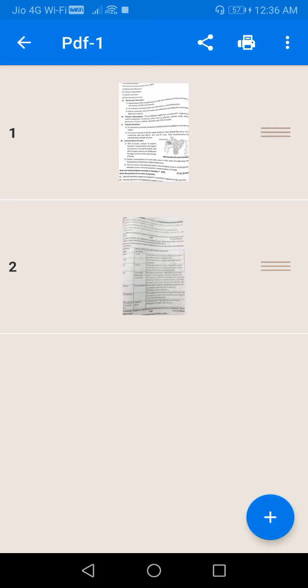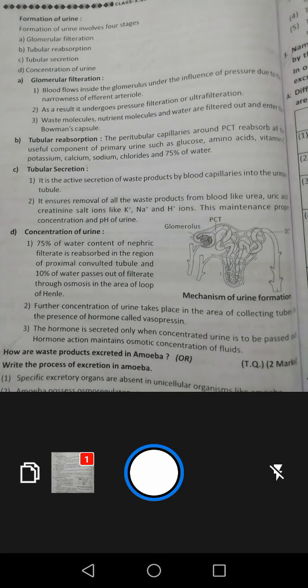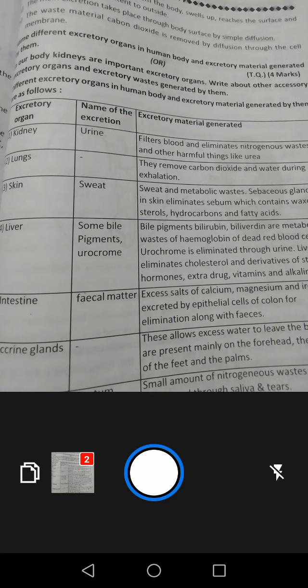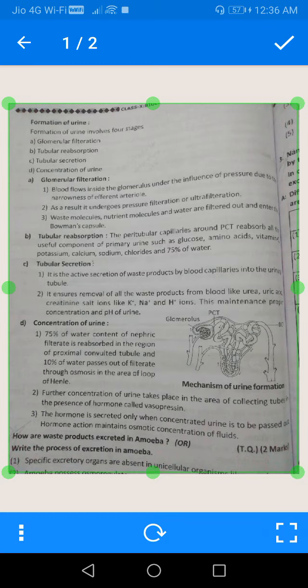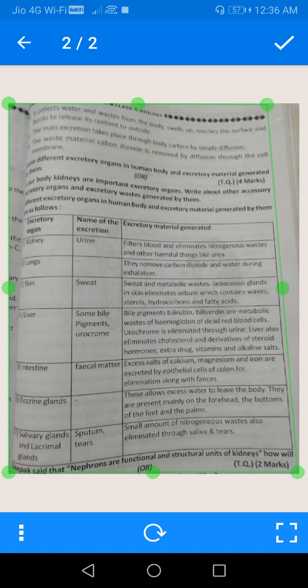Click OK. At that time we can select many pictures by clicking this left corner option. Now see, I am taking this pic, and now I am taking this also at the same time. Like that we can take n number of pictures. Okay, we can edit, and this also we can edit.